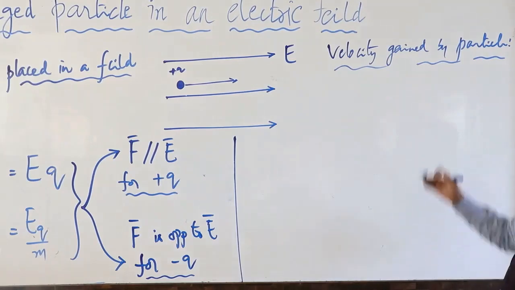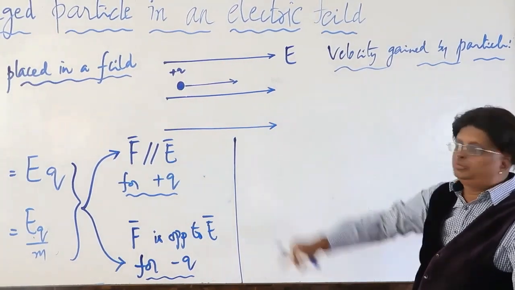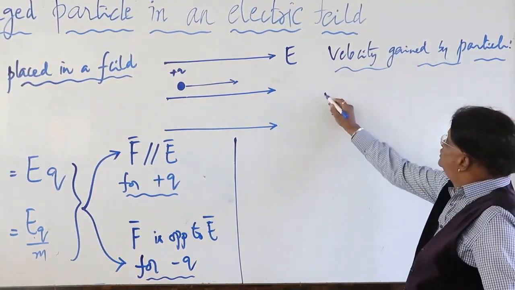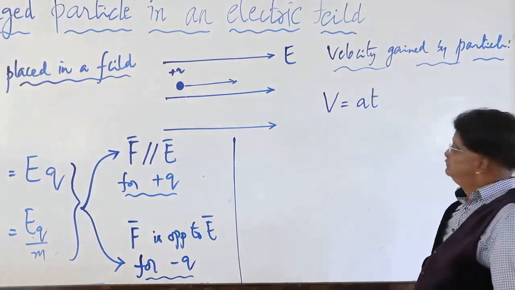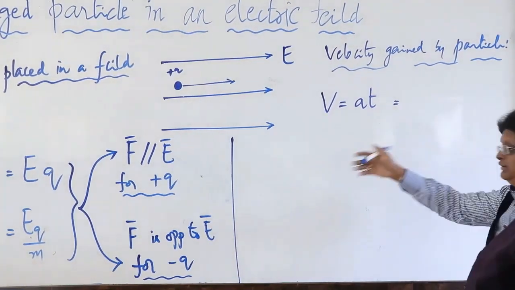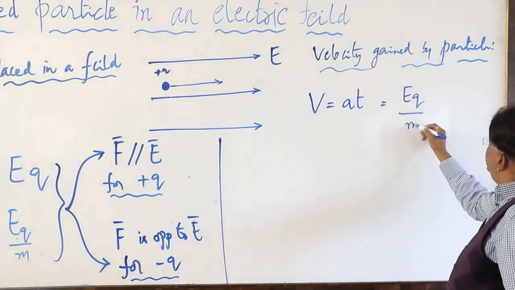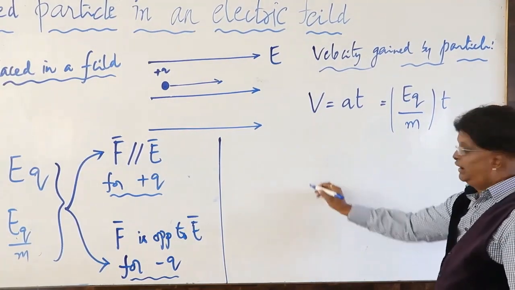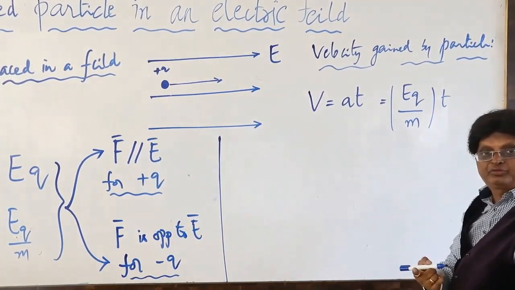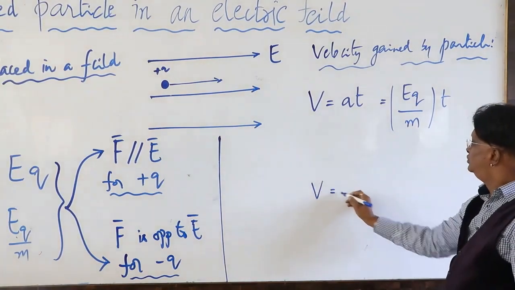Kinematic equation, now I am writing. So the velocity gained by the particle, v is equal to u plus at, I already told you u is equal to 0. Therefore v is equal to acceleration times t. Therefore the result is, of course, acceleration means Eq by m times t. This is the velocity. And of course, if it is a displacement, v square minus u square equal to 2as, v is equal to under root